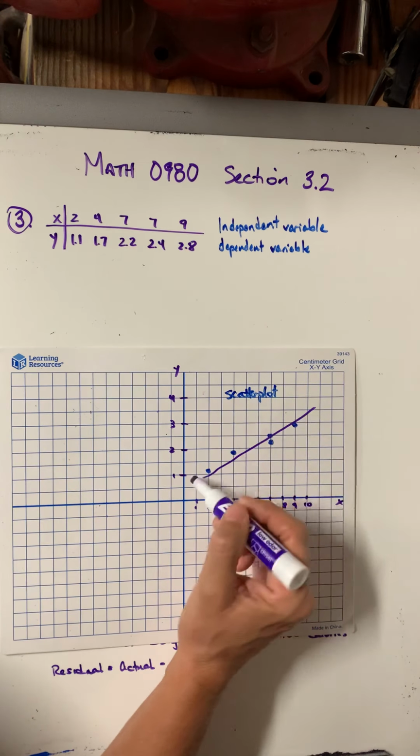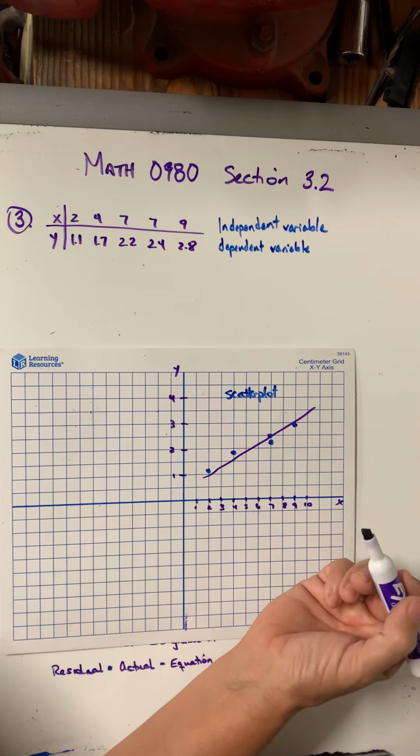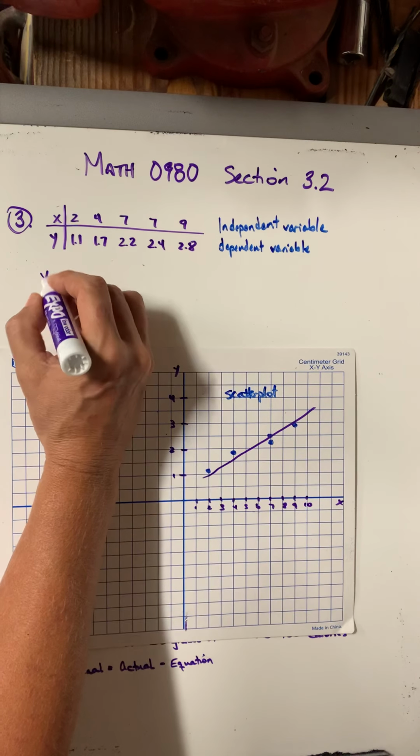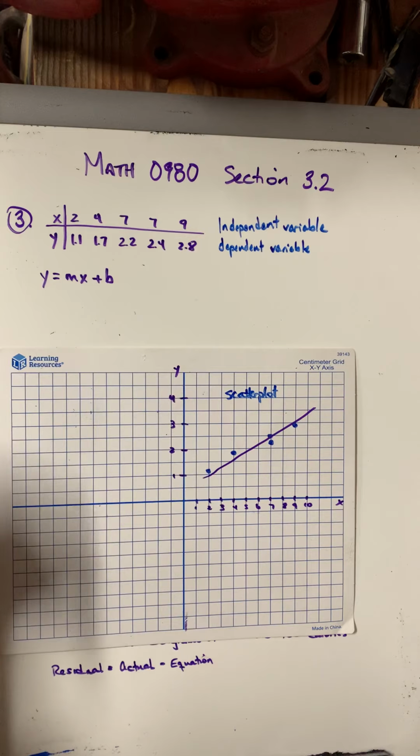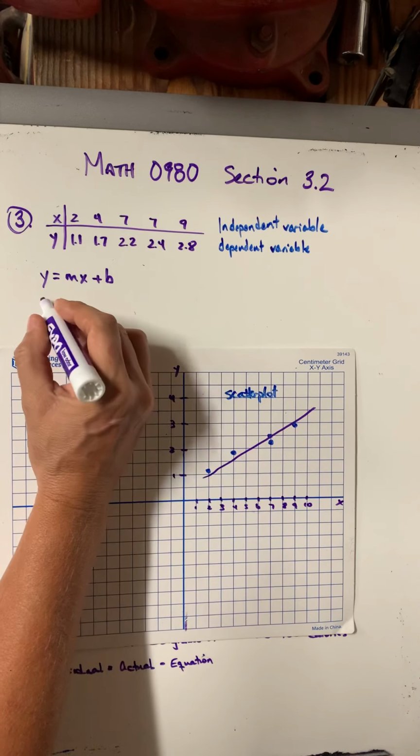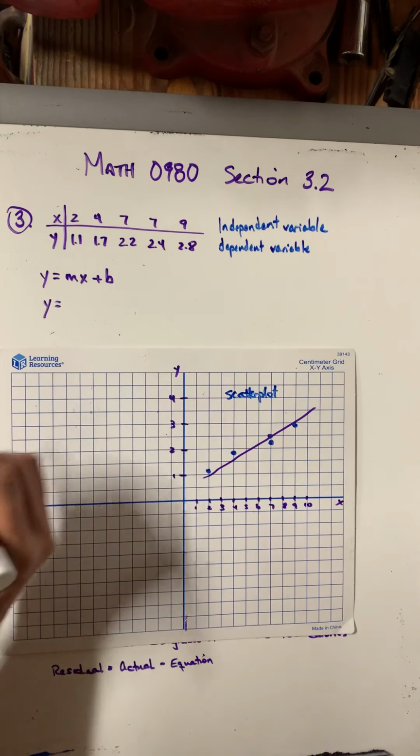Well, once there's a line on the graph, then there's going to be an equation of a line. Remember, the equation of a line is y equals mx plus b. And in these problems, they're going to give you what those equations are. So in this case, it's y equals